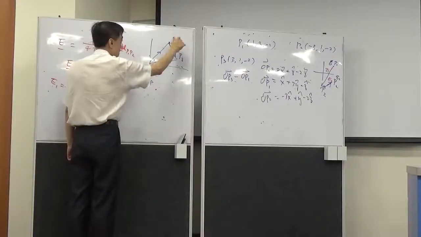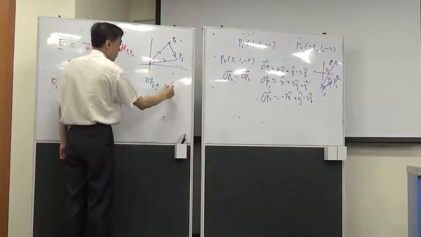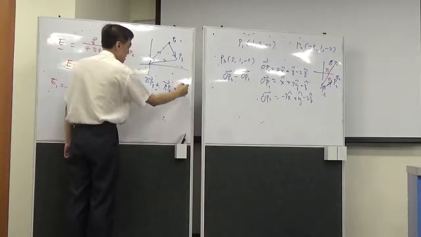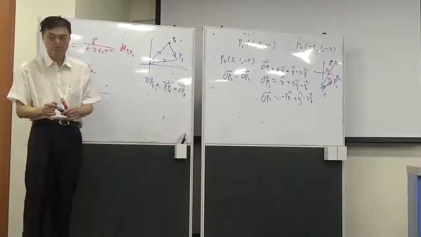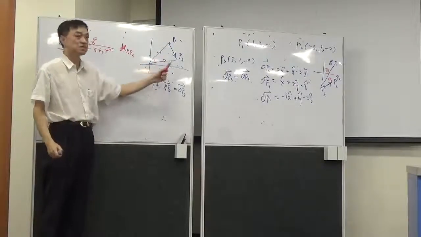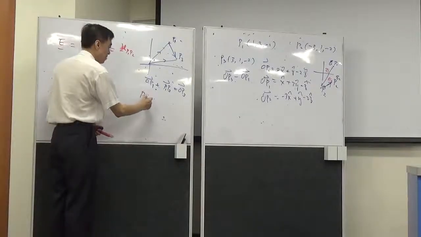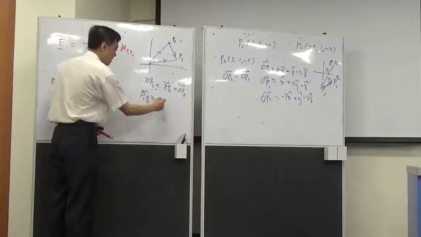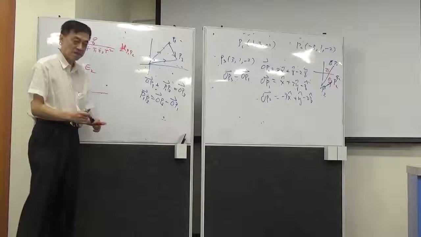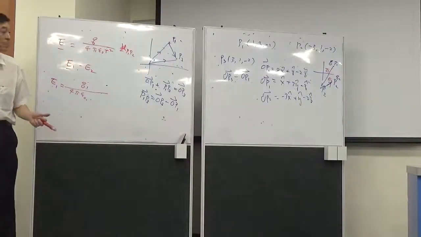OP1 plus P1P3 is equal to OP3. Am I correct? OP1 plus P1P3 is equal to OP3, right? So obviously P1P3 is equal to OP3 minus OP1. Right? Okay? Now,